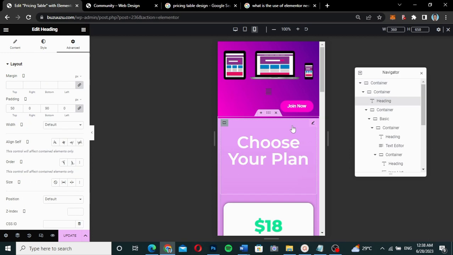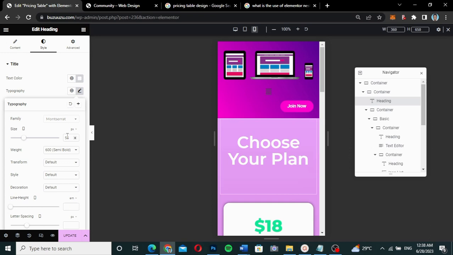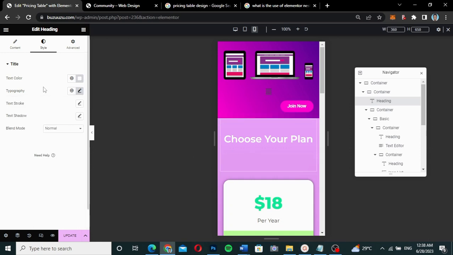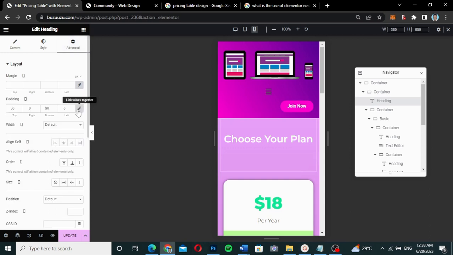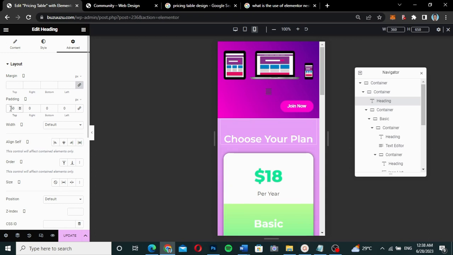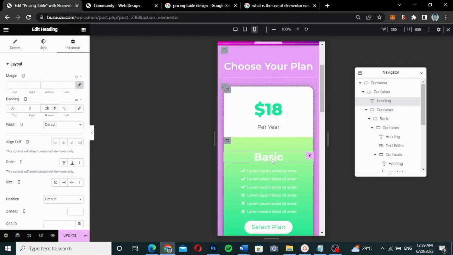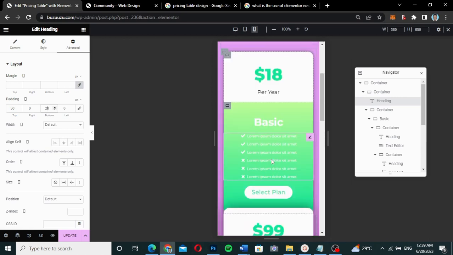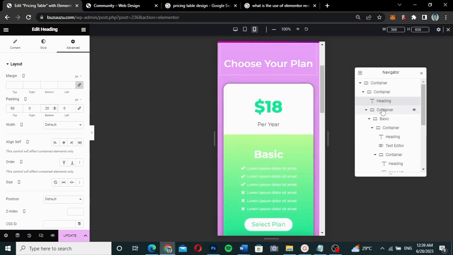And then I will change the size of the heading. I'm going to change it from 55 to, let's say, 35 or 33. 33 is quite okay. Okay, so I'll just reduce this one a little bit. So the top, I'm going to give it like a 50, and the bottom, I'm going to give it 20. Okay, so Choose Your Plan. Now with the words and everything, I think it's okay. The only thing we need to fix is